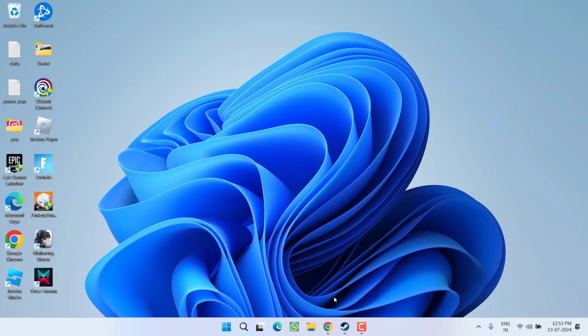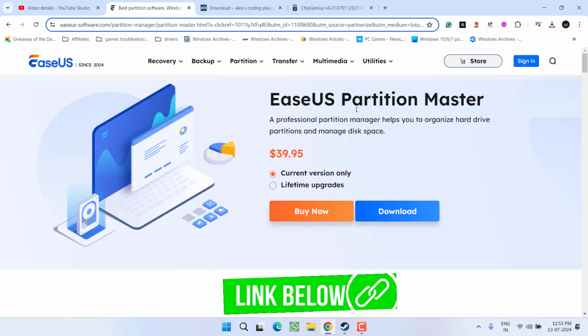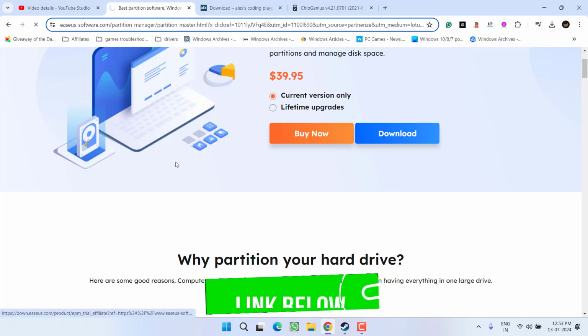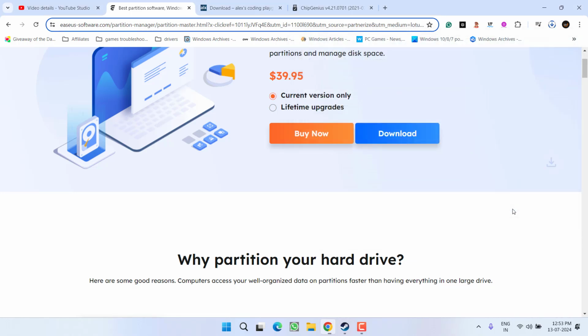In this step, we are going to convert your disk to either MBR or GPT. So I have a software with the name EaseUS Partition Master. Download its free version onto your PC. Once downloaded, go ahead and run this software.